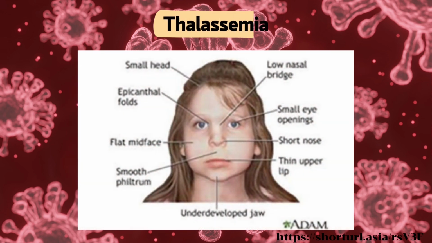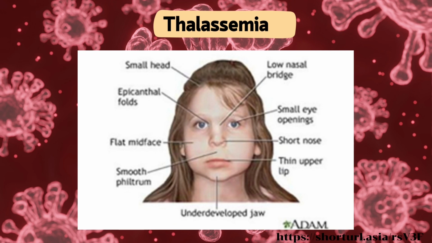Thalassemia is a type of anemia caused by abnormal blood cells. This causes red blood cells to be short-lived, fragile, easily broken and destroyed, and it is inherited as a recessive gene. It is caused by an abnormality in the gene that controls the production of hemoglobin, which is an important substance